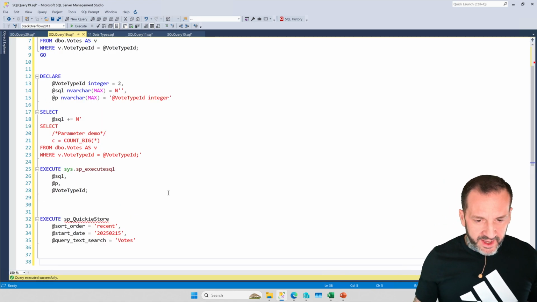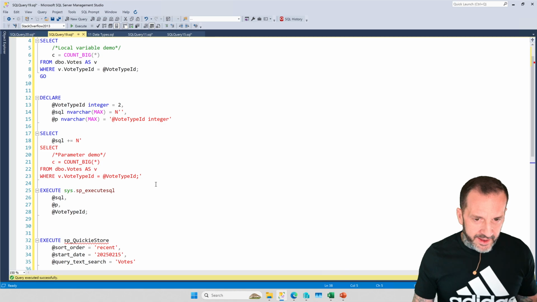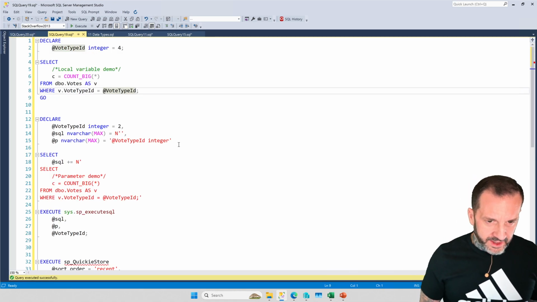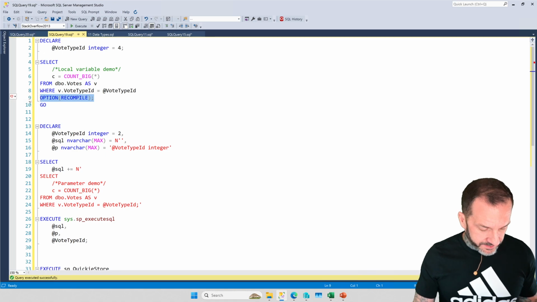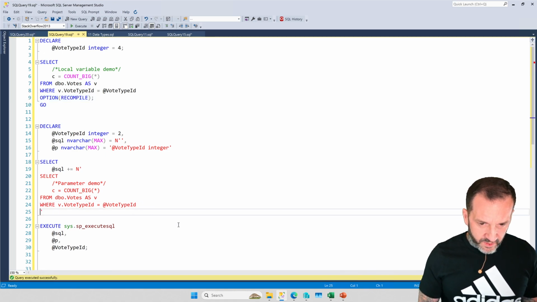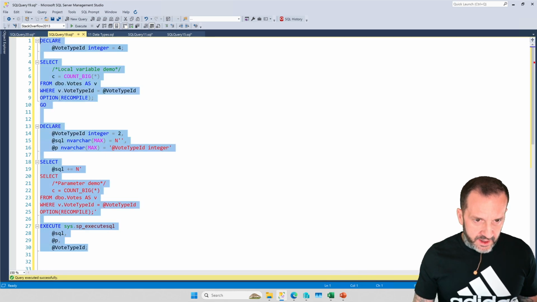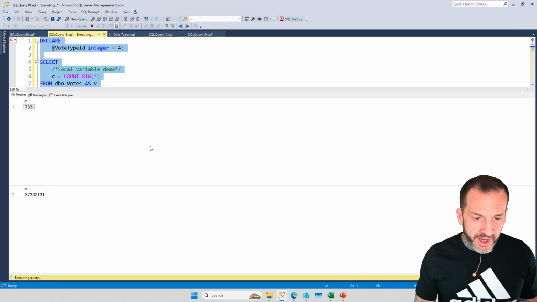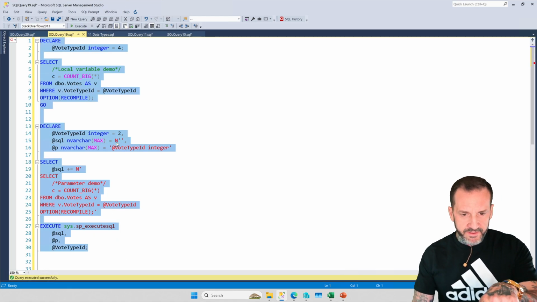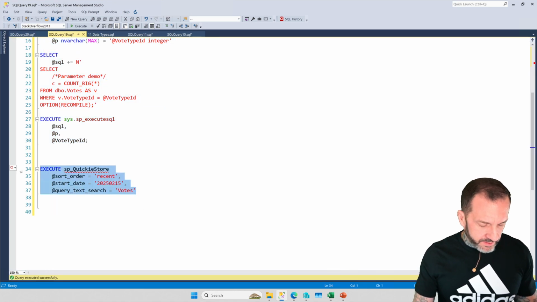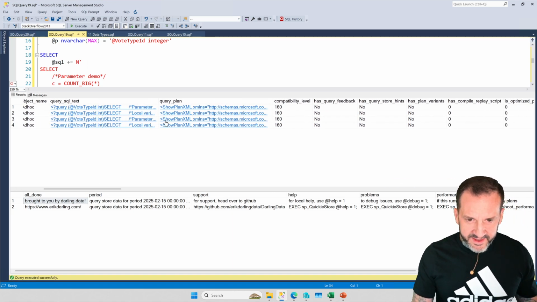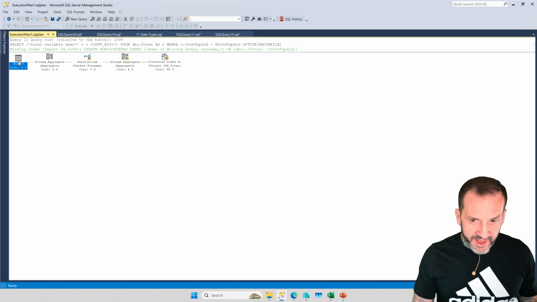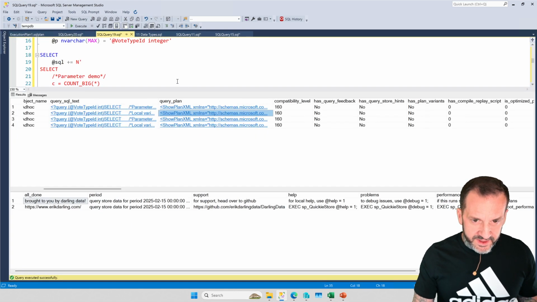Now, if we did something a little bit different, right? Let's say in either one of these, we did option recompile, and let's steal this. And let's do this here as well, just so we have adequate things to compare here. And I realize that the vote type IDs are different in there, but that's actually sort of a helpful thing as well. If we look at these, we're going to have two more instances of local variable and parameter text in here. And if we look at the query plan for either of these,